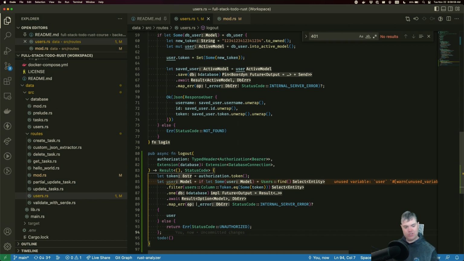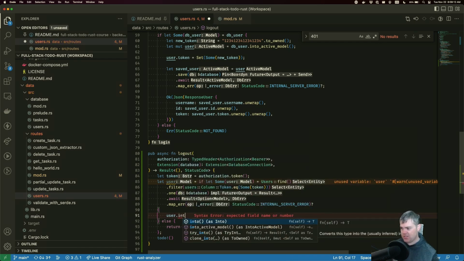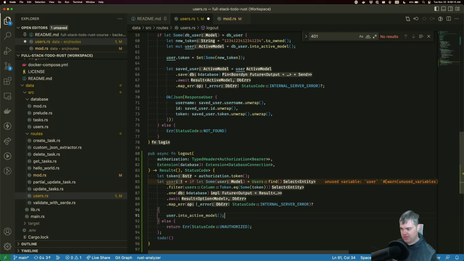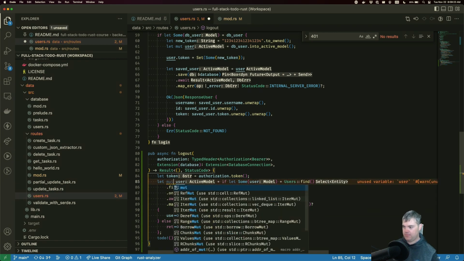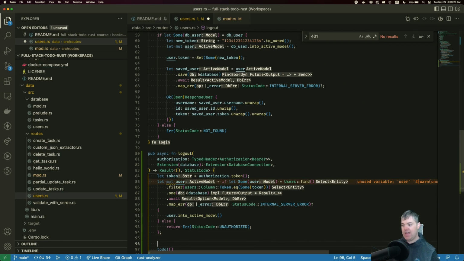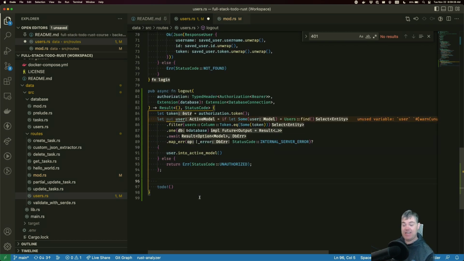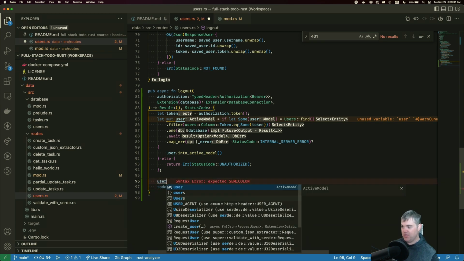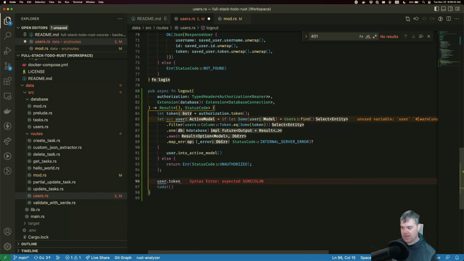It's just a model. Okay, so if we get the user, the next thing we need to do is remove the token from it. So I'm going to do an into_active_model here. So now we have an active model as our user. We can set it as mutable. And we now want to delete or set the token to be null. So we're going to use user.token is equal to, well, how do we set this to be null?